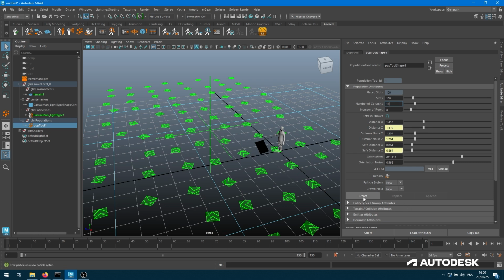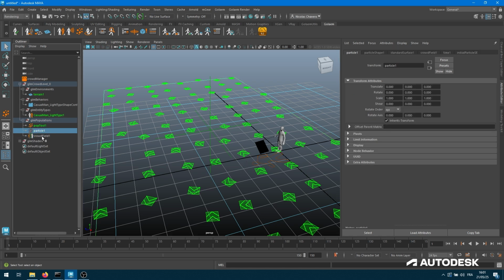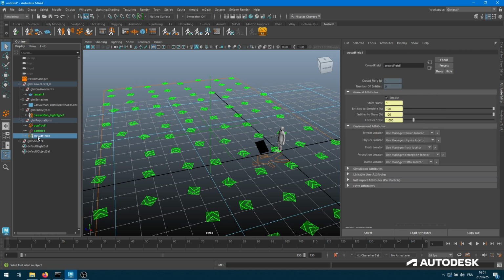Whenever I'm happy with this, I can press the create button here. That will create two new nodes. So that will create that character here on the floor, a walking character. So it means that there's a simulation being active. And also create a particle system and the crowd field. So particle system will hold the character information, and the crowd field will be the field which will create those